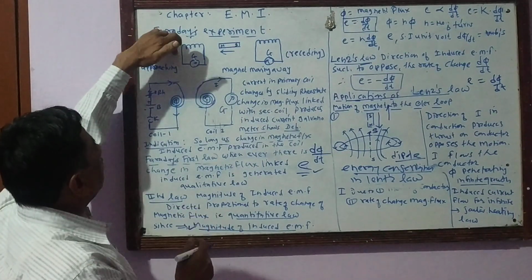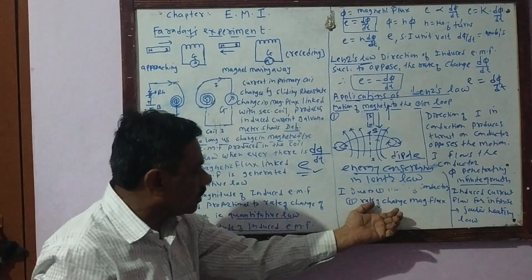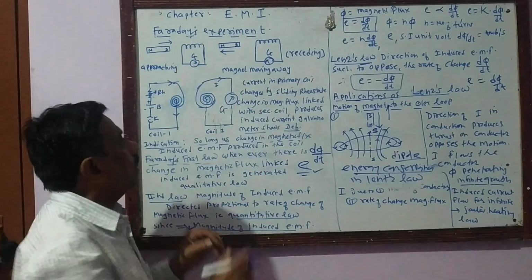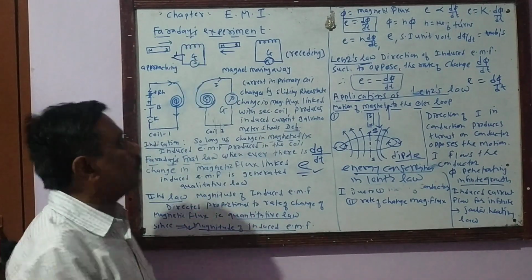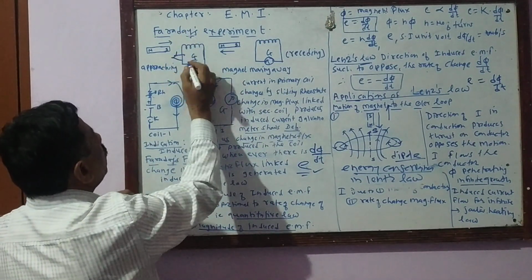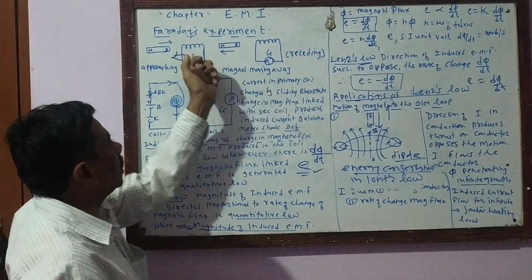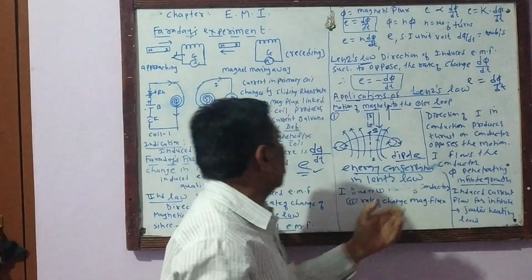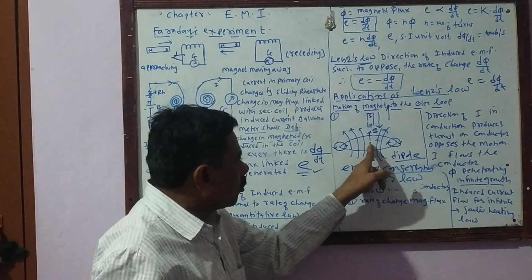As the relative speed increases, the rate of change of magnetic flux increases. Hence, when a bar magnet is moving toward the coil, a force acts on the conductor which opposes the motion, and this force is related to the rate of change of magnetic flux linked with this coil,